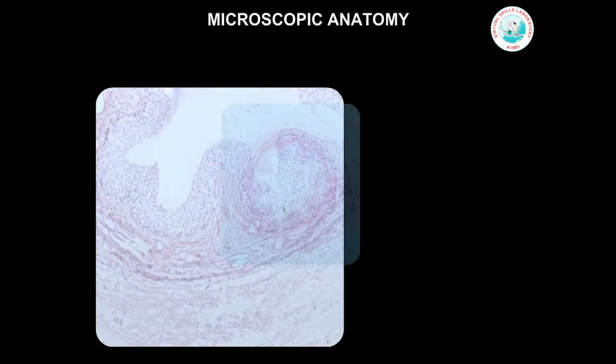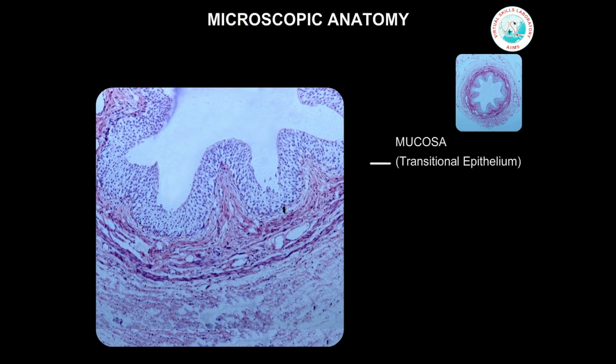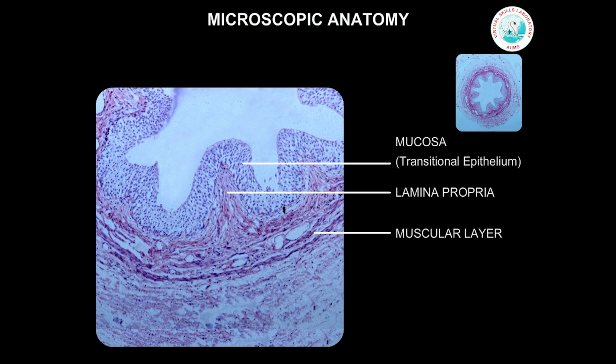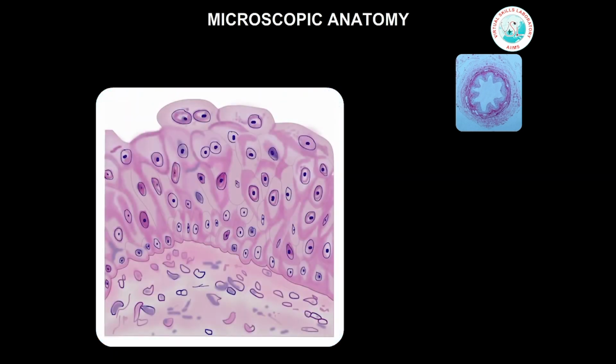Under the microscope, we see that the cut section of the ureter shows the mucosa that is lined by transitional cell epithelium, the lamina propria, the muscular layer, which is composed of an inner longitudinal and outer circular layers, and the outermost adventitia. The transitional epithelium consists of a layer of small basal cells and multiple layers of columnar cells. The hallmark of this epithelium is the large, rounded, apical cells known as umbrella cells. These cells have the capacity to stretch and flatten when the organ distends, avoiding damage to the epithelial lining.